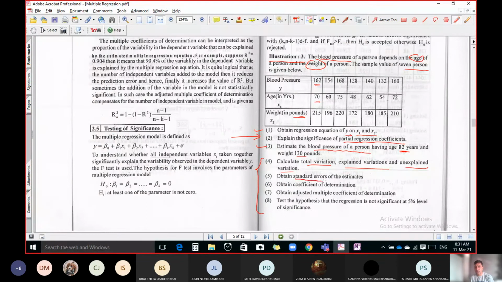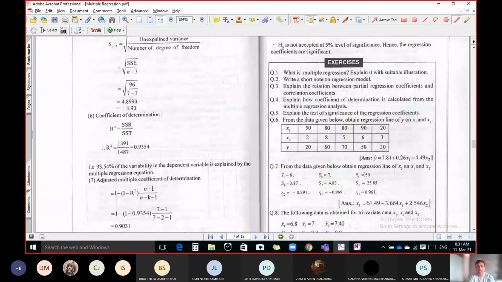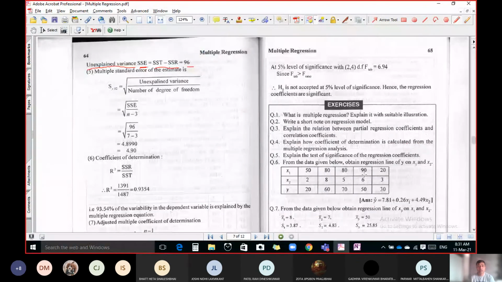Now what we have to find out is the standard error of estimate. So there is a formula for the standard error of estimate. You are also familiar with this word, standard error. There are different formulas for standard error, but here we have to find out the standard error of the estimated value. So you have to learn this. The formula is unexplained variation, that is 96, divided by degree of freedom. And here the formula of degree of freedom for three variables. Here there are three variables, y, x1 and x2. So the formula for that is n minus 3 for degree of freedom.